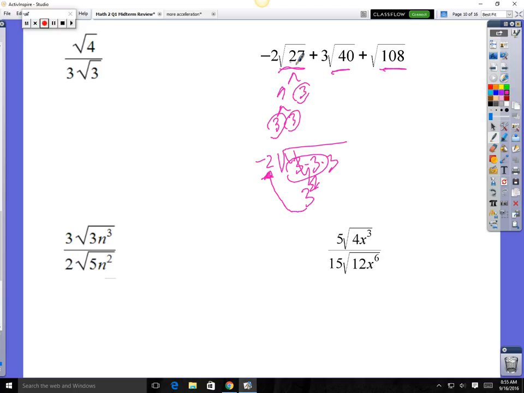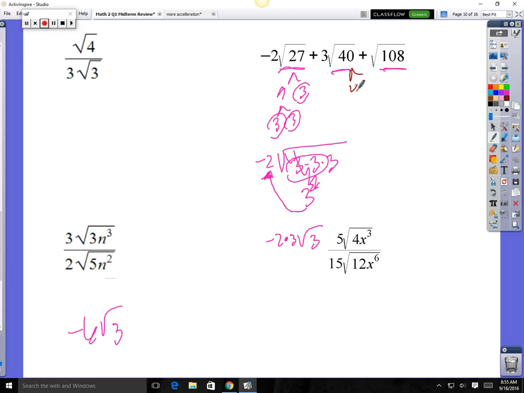So negative 2 square root of 27 is the same thing as negative 6 square roots of 3. So I'm going to park that over here. Negative 6 square roots of 3. Okay, now